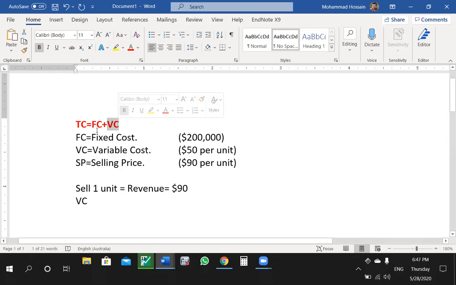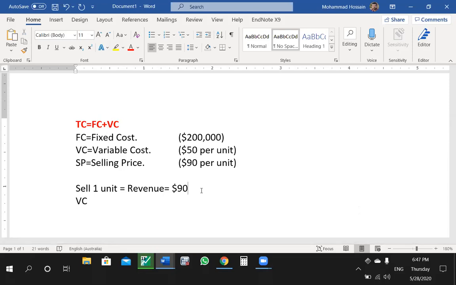But if we know how much the farm is producing in total, then we know. Again, we will know only the average fixed cost. How are you going to know average fixed cost? We're going to divide it by how many units have been produced. Now the question comes up: most of the corporations, most of the entities, get confused. What do they get confused about? They get confused about how many items to produce actually.